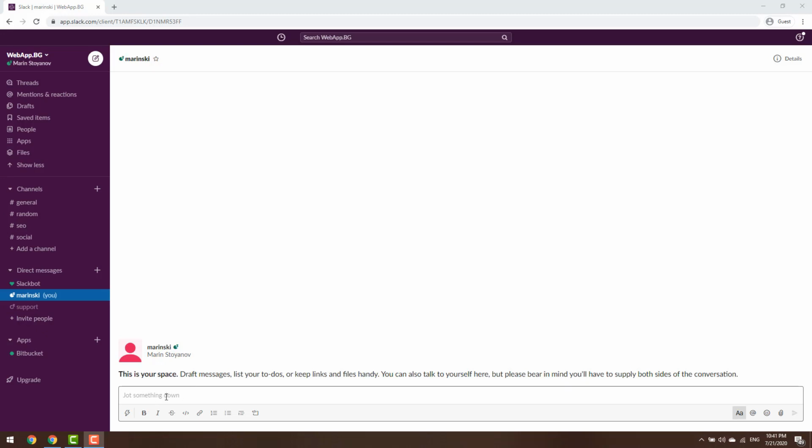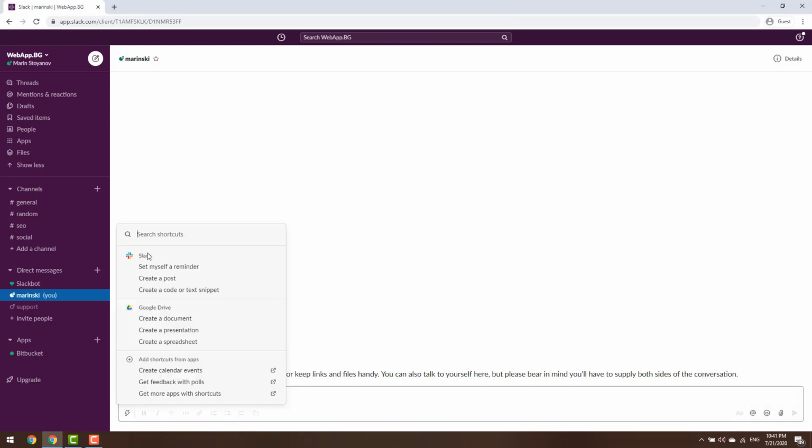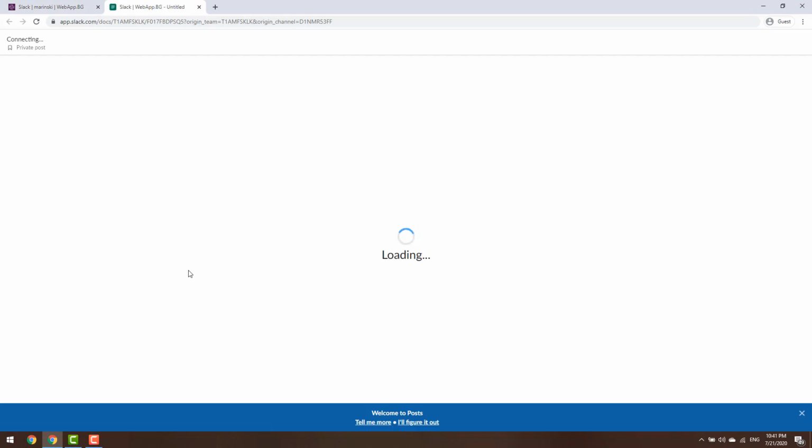So I go to the editor area and I click on the white ink boat icon, which is the shortcut icon. Below the Swag section I see create a post. This is the way we're going to create the checklist. I click on create a post, and I'm going to create a to-do checklist post in Swag.